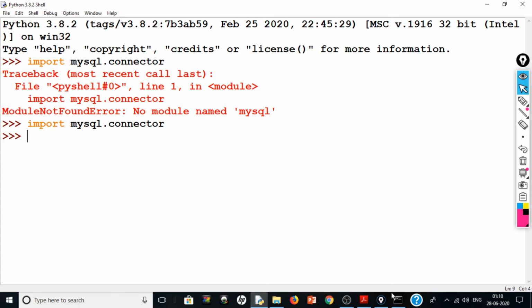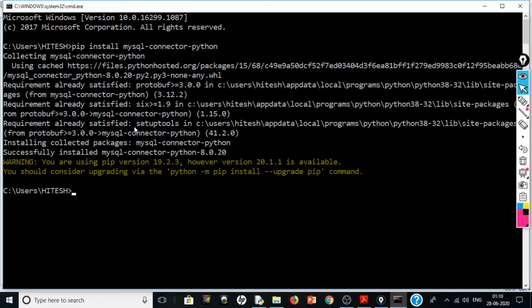There is a possibility that when you run this command, pip install mysql-connector-python, it says Python is not on the path, or it can generate some other error. In that case we will have to go to the Scripts folder where the pip command is installed, and there we will have to write this pip command.